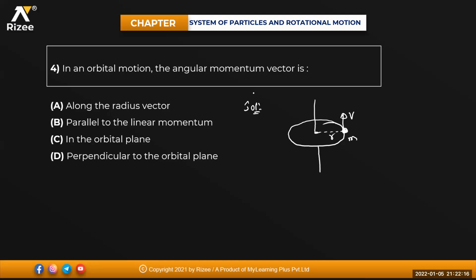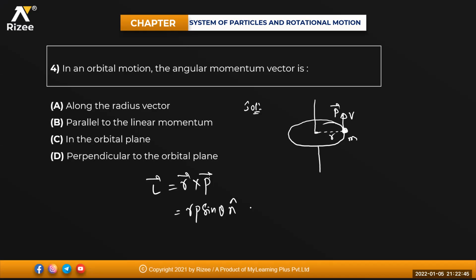M into v is momentum, beta. If linear momentum of the particle is P, and R is the position vector, then the angular momentum formula is L bar equals R bar cross P bar, isn't it? That means the velocity vector is right now, momentum is in this direction, P bar. So P bar cross R bar in the upward direction. So that will become R P sine theta n cap.